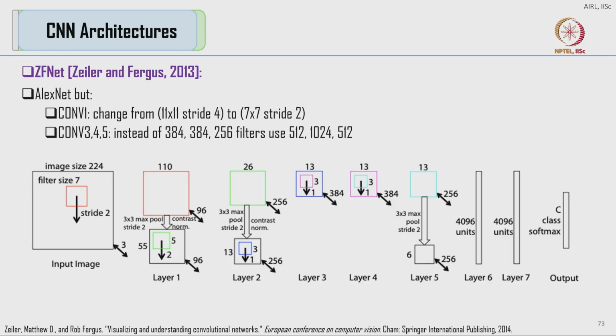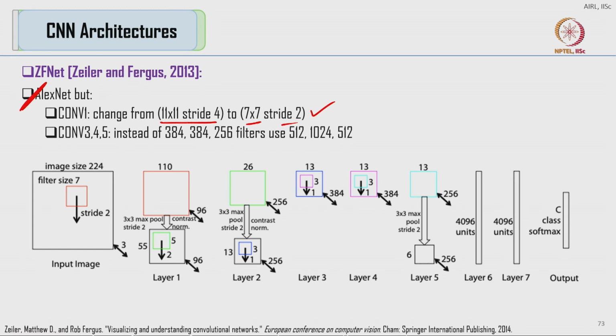Now we have actually discussed this architecture before. Essentially it builds upon AlexNet, but they use different visualization techniques to identify the importance of different kernels and different operations throughout the network, right. The major modifications they made after the feature visualization process was, in Conv 1 they changed the convolution with an 11 cross 11 with stride 4 kernel to a 7 cross 7 kernel size with a stride 2, and for